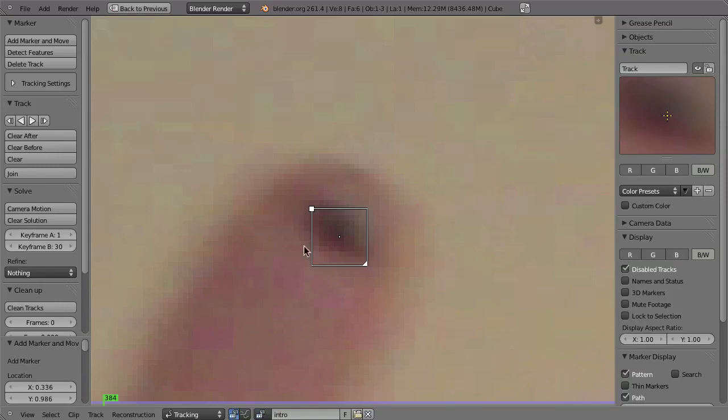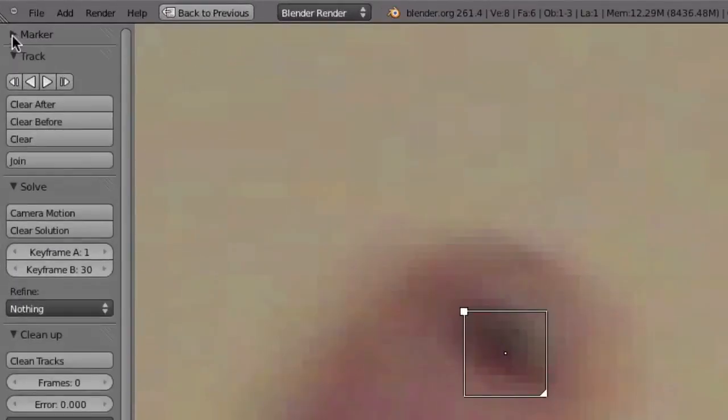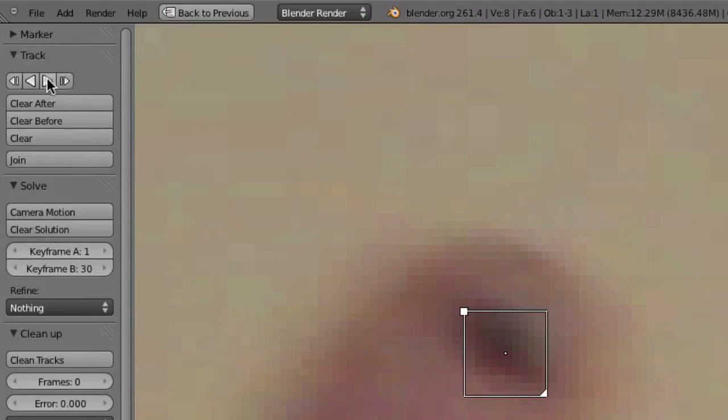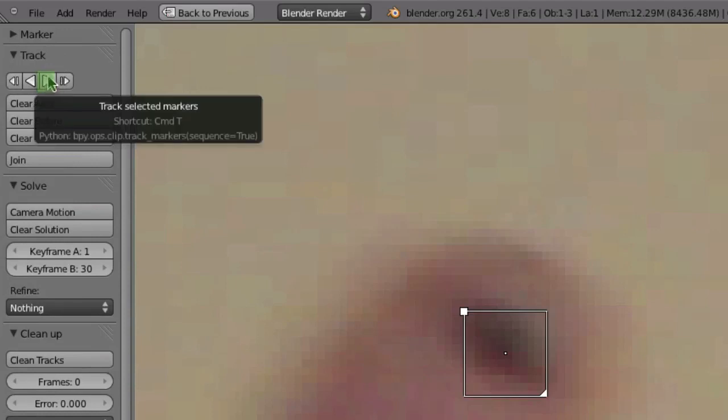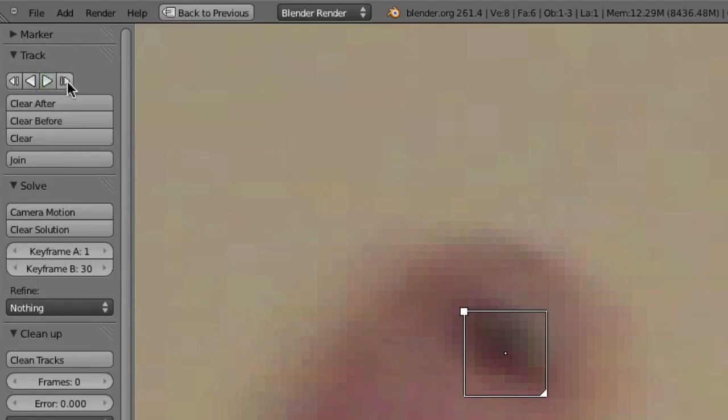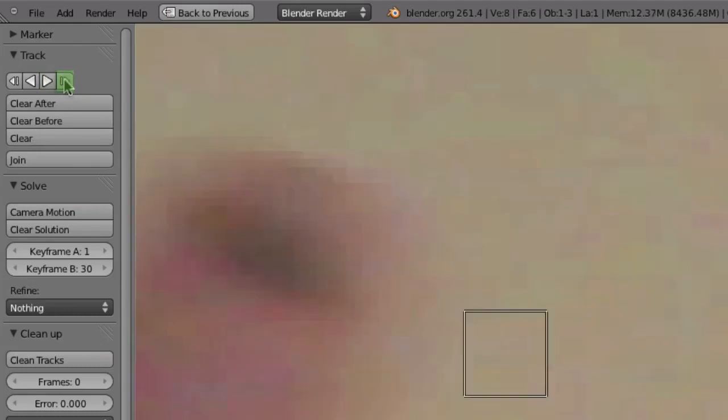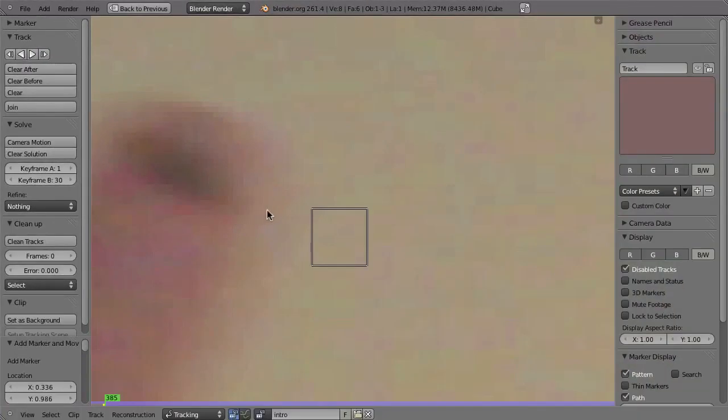Now if you want to start tracking, then you go one panel down. So we could just as well collapse this panel and now go to the next one, which is the track panel. And here with the arrows you can start tracking, either by tracking the whole sequence or by doing it frame by frame. So if I click here, it will try to follow this point just for the next frame. And you can see that it has failed. And you can see that it has failed because this track panel is now red. And of course, because the square didn't move at all.